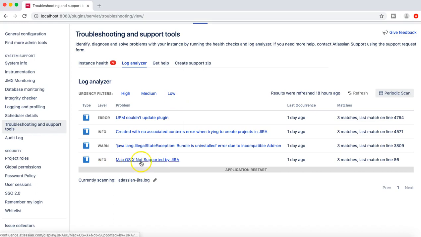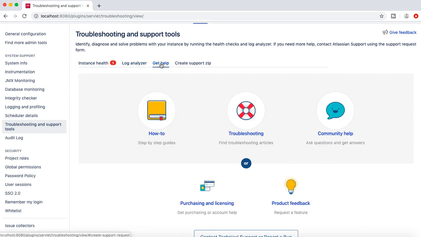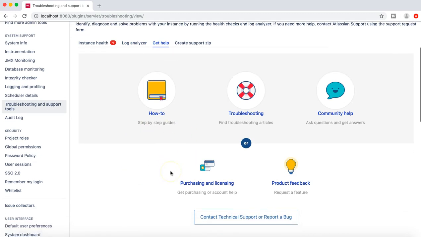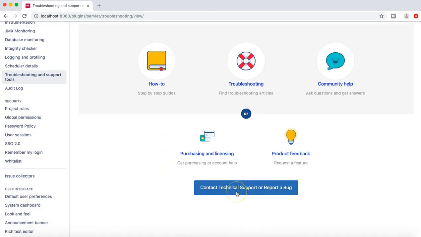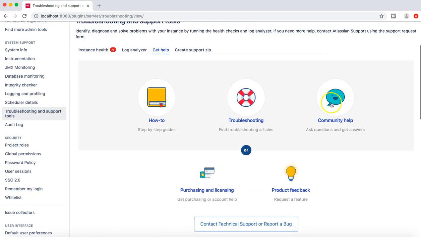As you can see, Mac OS X is not supported by JIRA, and production environment is not supported on Mac OS X. This is only for demo purposes, so I've installed JIRA on my Mac OS. Then if you want to get help, you'll see a lot of information here. You can contact technical support or report a bug, and then there is a lot of community help, troubleshooting,